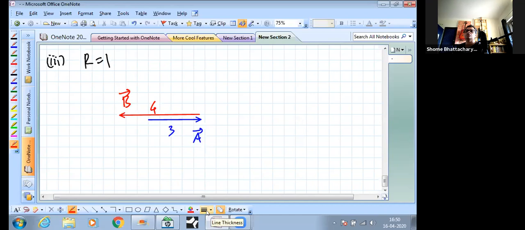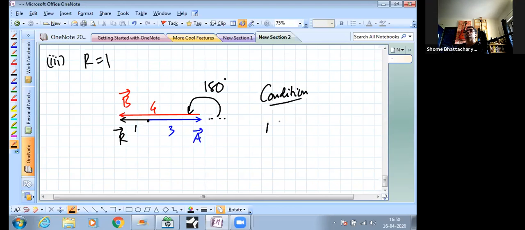So coming back to this diagram now, my resultant displacement is becoming which one? It is becoming this one. This is my resultant displacement. So you can see the resultant displacement is of magnitude unity. So we started from here. The relationship between these two is that the angle is now 180 degrees. You can see, the condition here becomes that A is opposite to B, or theta is equal to 180 degrees. This becomes a way of solving the question.